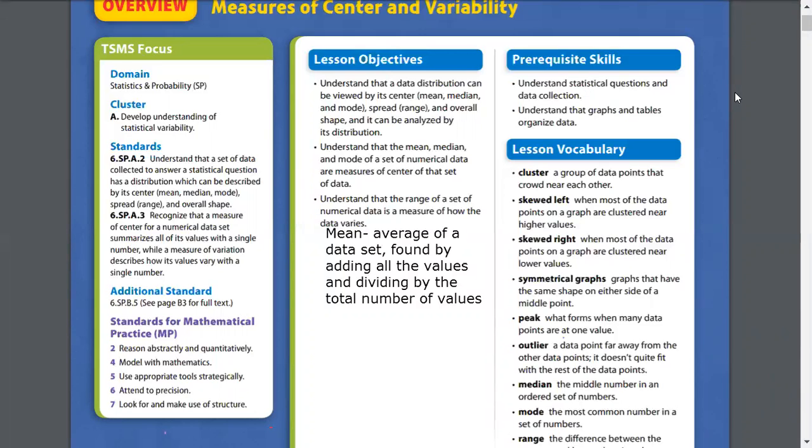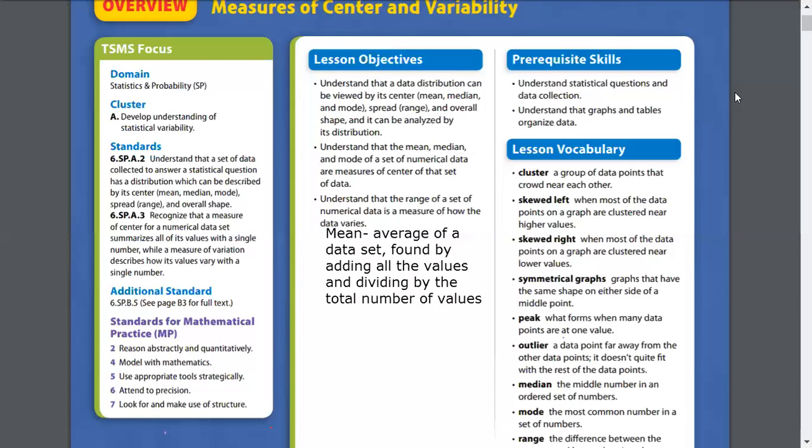And then the next word is median, and it's the middle number in an ordered set of numbers or data. So it's just the numbers that are in the middle. If there's an even set of numbers, you take the two middle numbers, add them up and divide by 2. But if there's an odd set of data, you just take the middle number, and that would be your median. So when you add them up and divide by 2, you're finding the mean of those two middle numbers. But be sure that you have the numbers in order, because if they're not in order, you're just going to be finding some random measure.